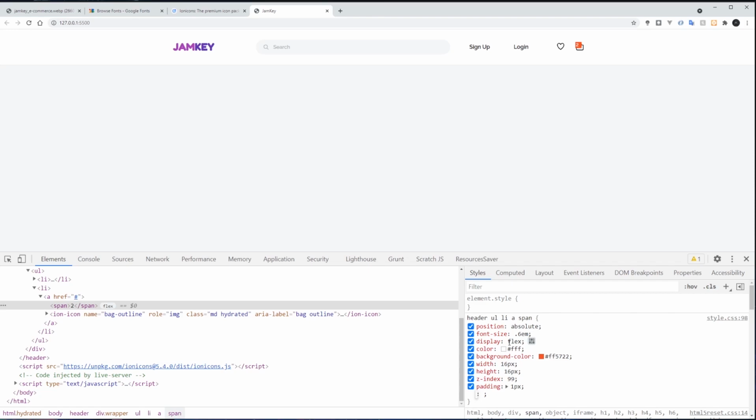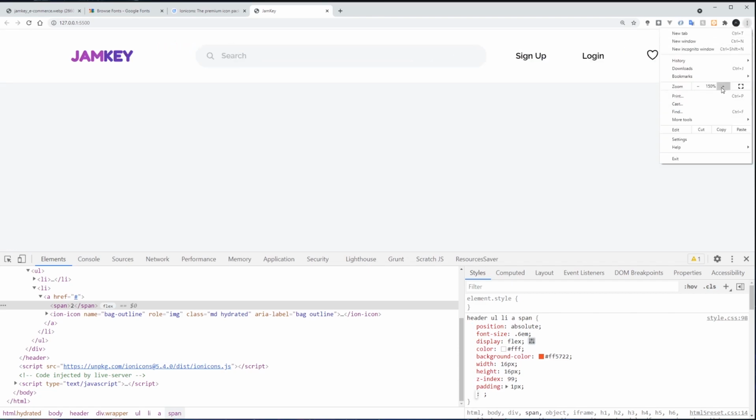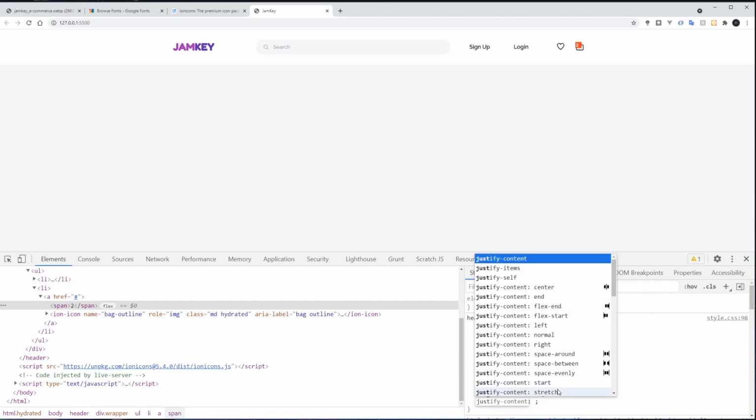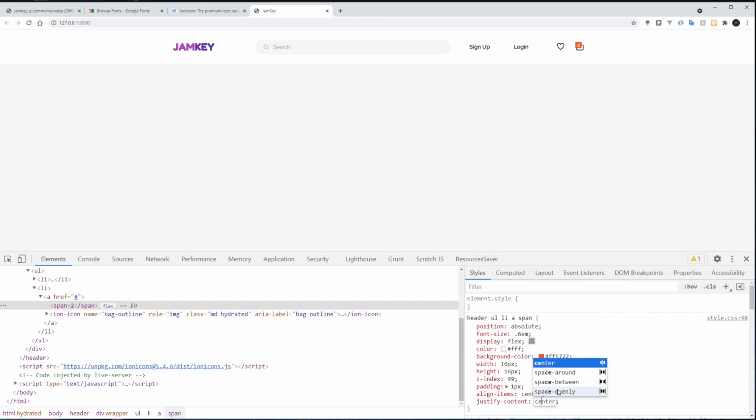Then you also give flex now. So now we'll give flex here. We need to align these two, because if you see them, oh man, I'll pause myself. We need to align these two to the center. So to align them to the center, what will we do? Since we gave display flex, we'll say align items to center, then justify content to center.